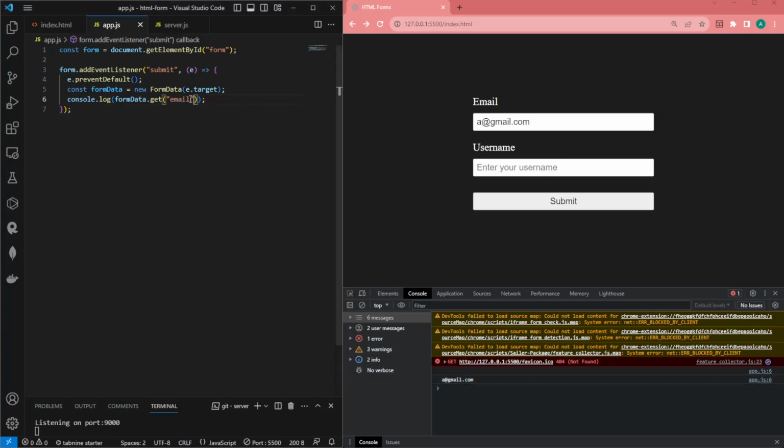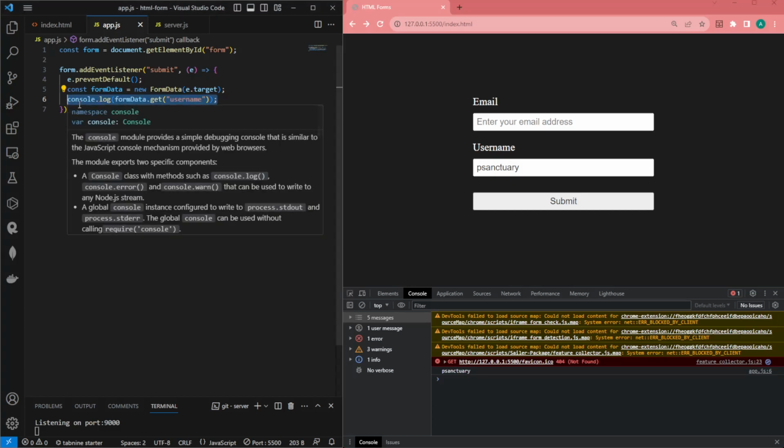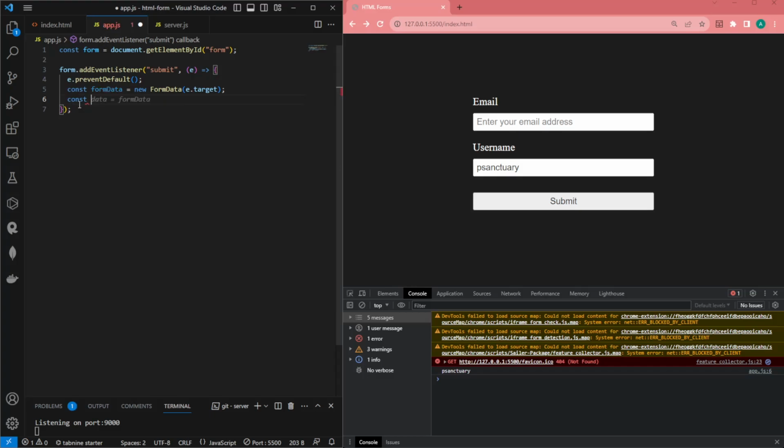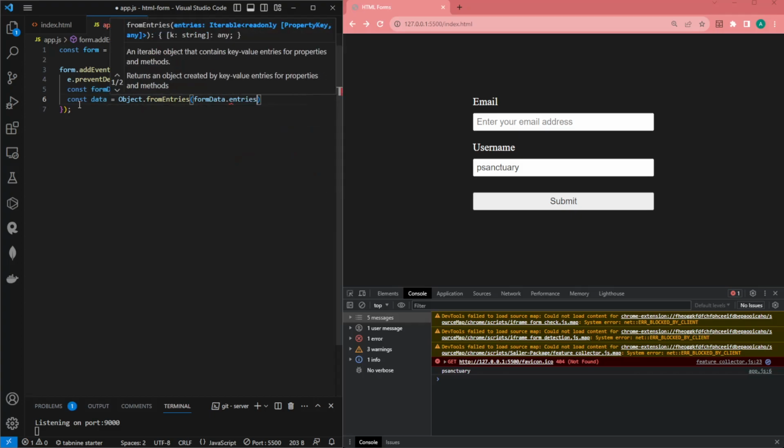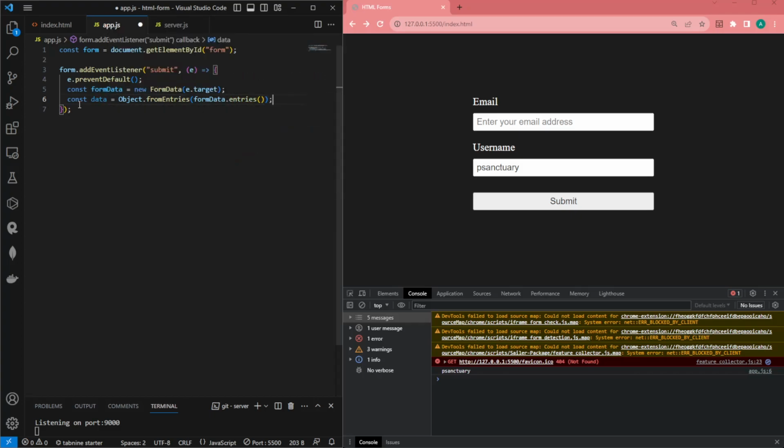And we can do the same with, let's say, username, and try to say that this username will be equal to the sanctuary. There we go. Okay. So to get all of this, we can do const data equals Object.fromEntries. So we will get the object from the entries of formData.entries. So entries are pretty much each object key inside of the form data. So if I try to console log the data now,